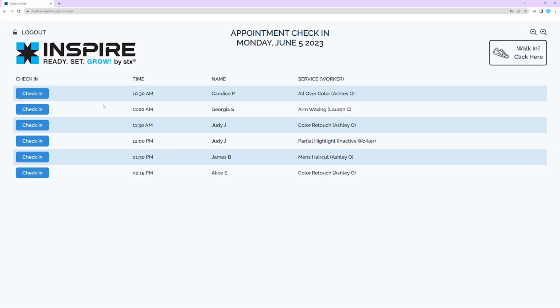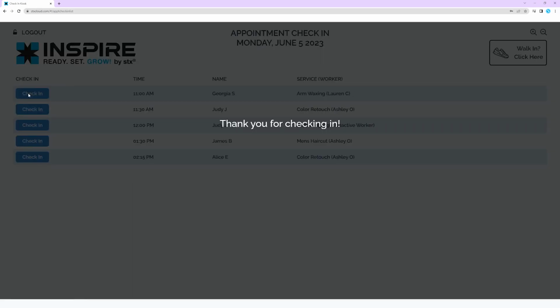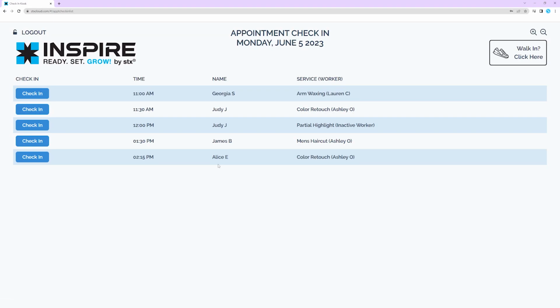By default, the check-in kiosk will display the appointment check-in page. Appointments for today will display chronologically, and the client name is only first name and last initial for security reasons. Clients can simply click check-in and a message will display confirming they are checked in for their appointment. The appointment status will update to be checked in and a notification will be sent to the related workers on